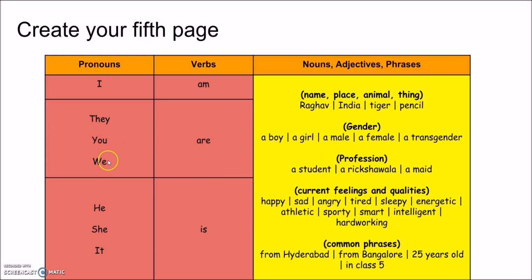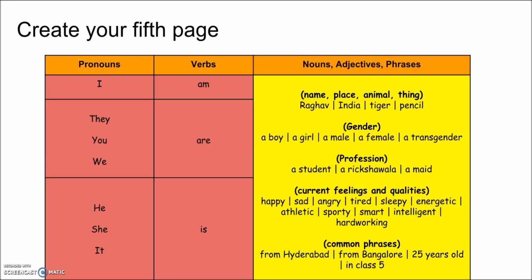Okay, so let's see for we. We are, let's say, what are our current feelings? So we are happy. That works out well. That's fine. She is sad. So that's how this whole word assortment game comes into the picture. You're going to choose words from different columns in the table and combine them together to form